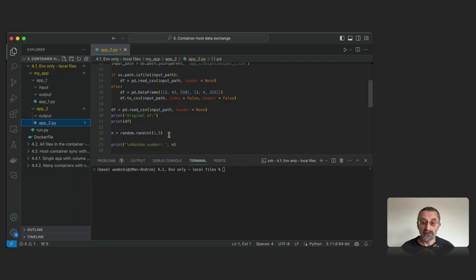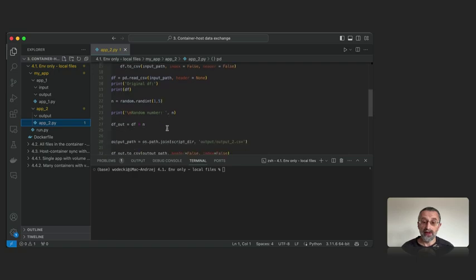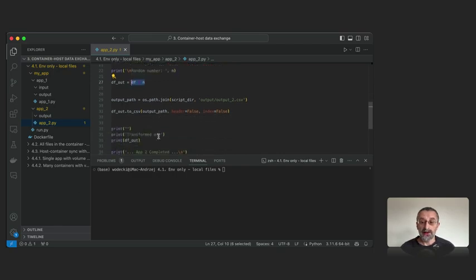It also generates some random number in the range from 1 to 5, but this time it does not multiply the input data frame, but adds this number to the data frame just to have a different action at hand. The first one, app1, multiplies by some random number, and app2 adds some number, and once again prints that out on screen and saves the result into the output_2 file in the output folder of this app2